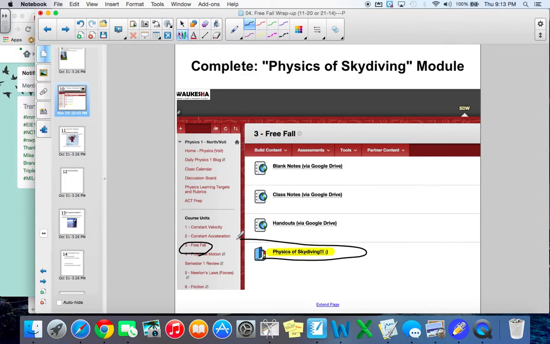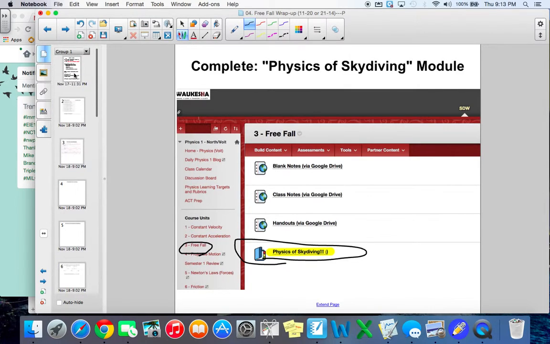And then under physics of skydiving, you're going to go link by link, watching fun videos of skydiving experiences like my own, like the Felix one, you know, the Red Bull guy, the guy that went way up high in the air and then ended up falling down, from really ridiculously high locations above the earth. We're going to be analyzing those and watching those videos. So anyway, that's the plan.